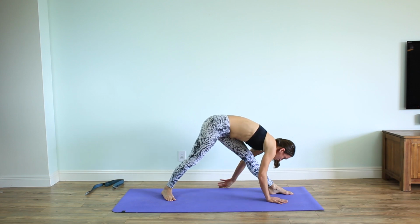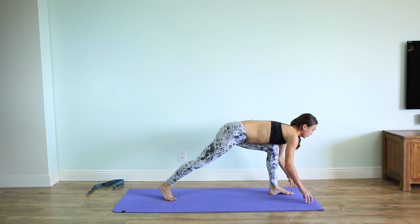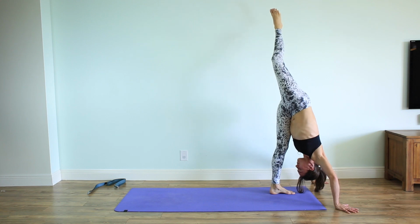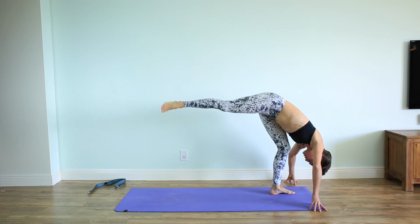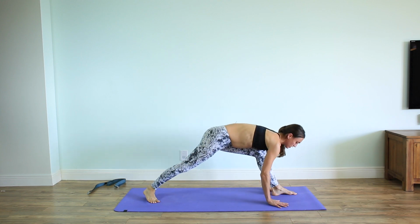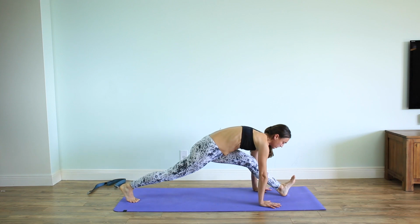And inhale, lift the chest up, walking your palms forward. Bring the weight towards the left foot, lift your right leg up, and fold forward, finding your standing split. Inhale and exhale. Gently drop your right foot back down to the mat, finding your lunge. And from here, if you're ready, slowly start walking your feet away from one another,